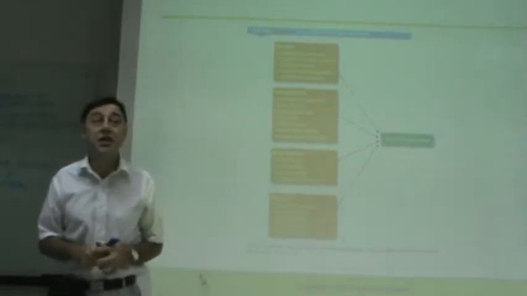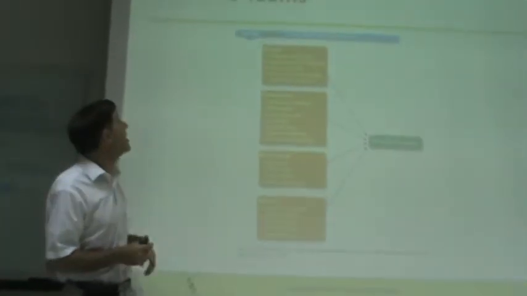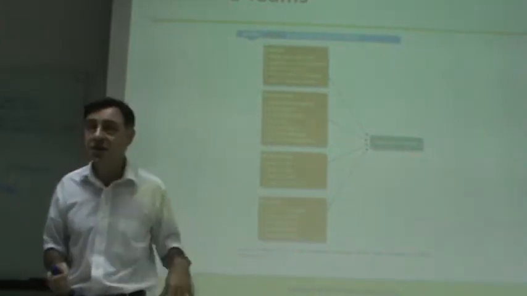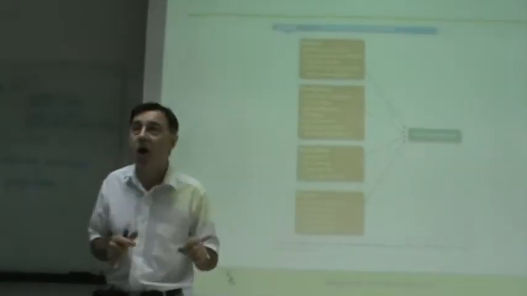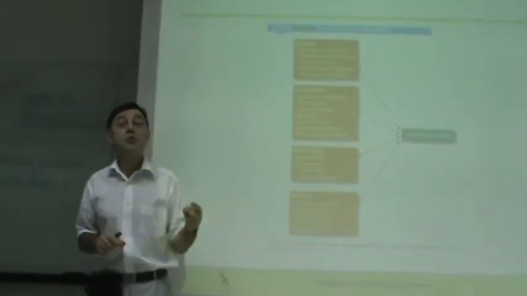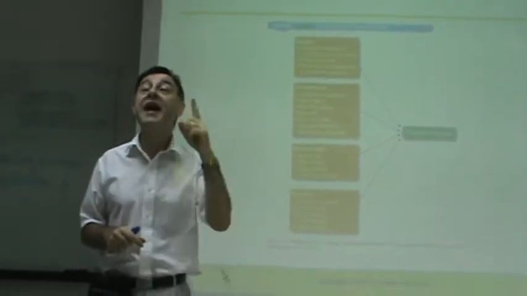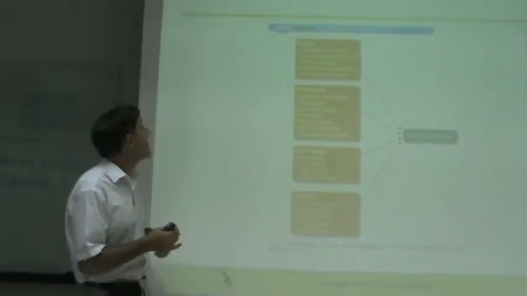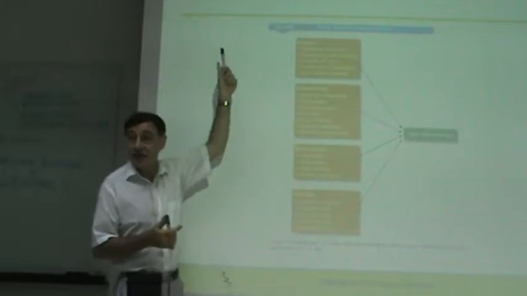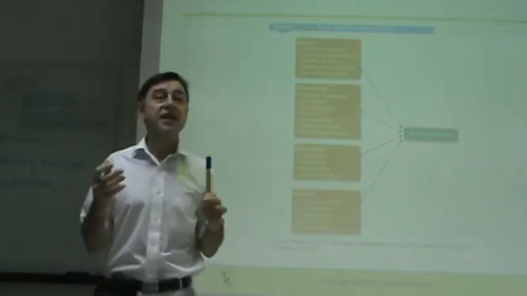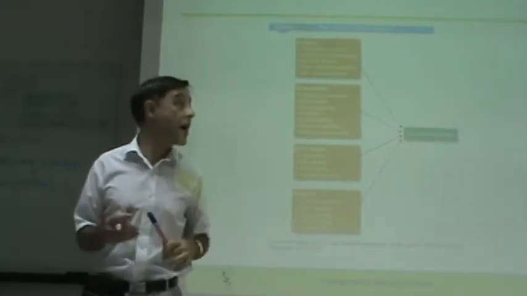All right, so we continue. We reach the point of effective teams. So we discussed so far what is a group. We discussed what is a team. Now we need to discuss what makes a team effective. Effective means gets the job done.